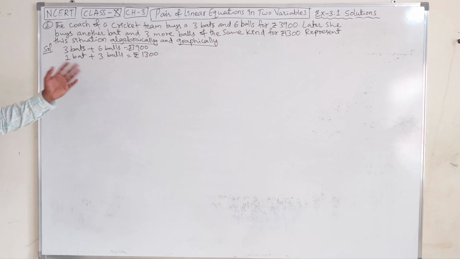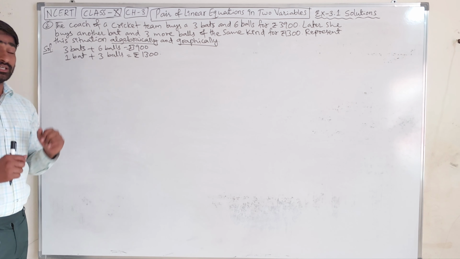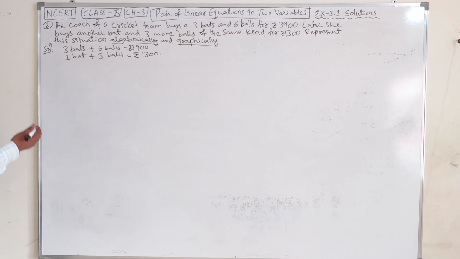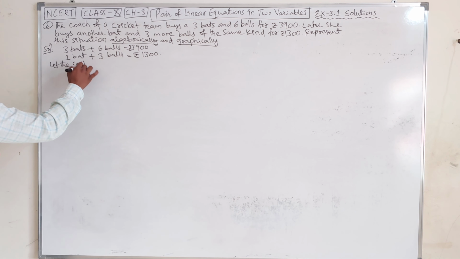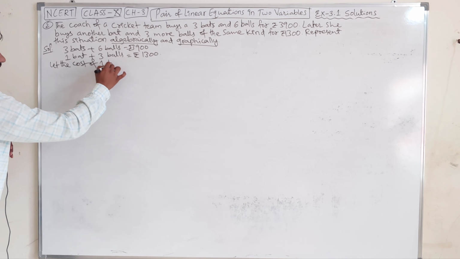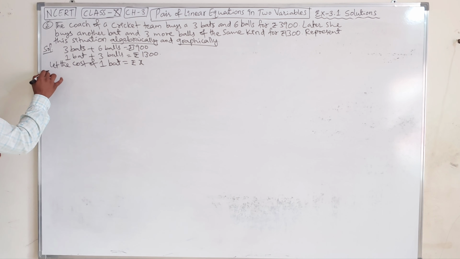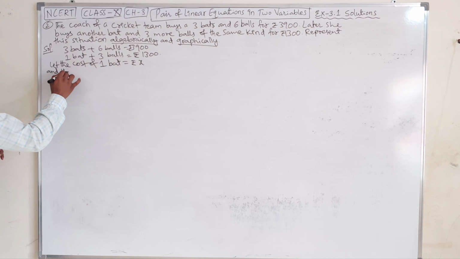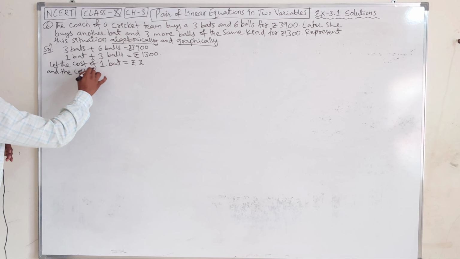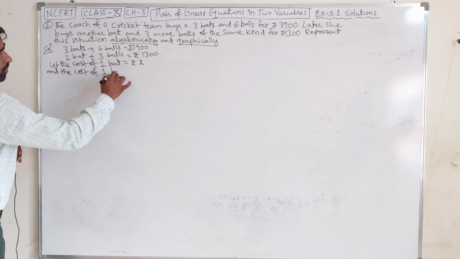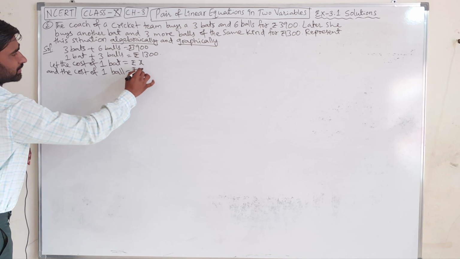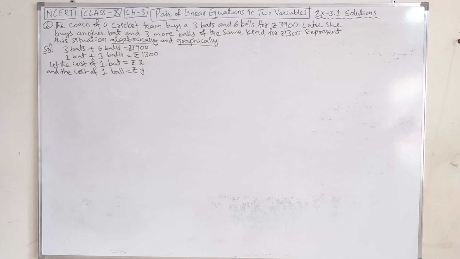But here we don't know the cost of one bat and the cost of one ball. So let us assume that the cost of one bat will be rupees x and the cost of one ball will be rupees y. So now according to the question,